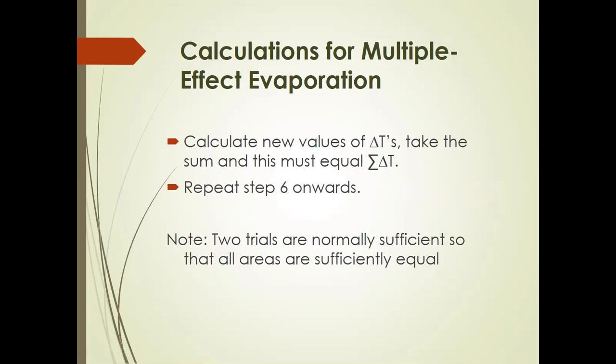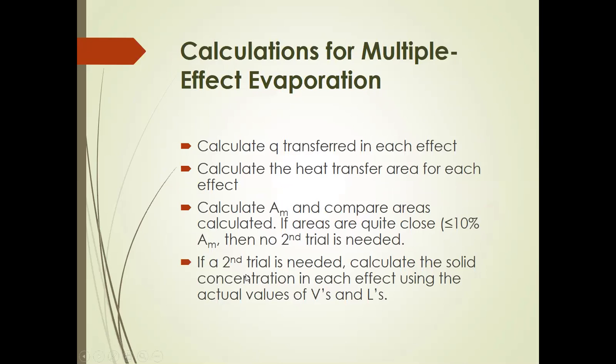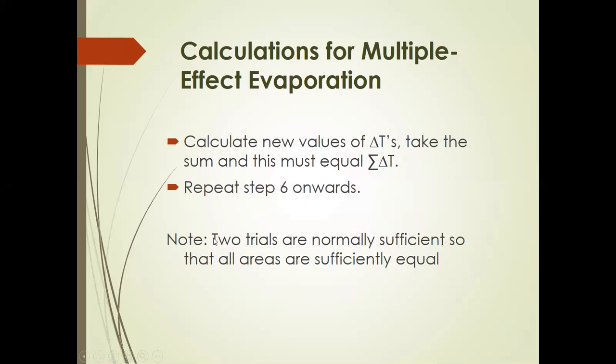If we want to go back here for a second trial, or if there's no need for a second trial because we're okay with the result here on the 12 steps, then we're good to go with the 12 steps. We end here. That's our last step. So with the new area, you can now answer the requirement in the problem of what is the heat transfer area of each of your effects.